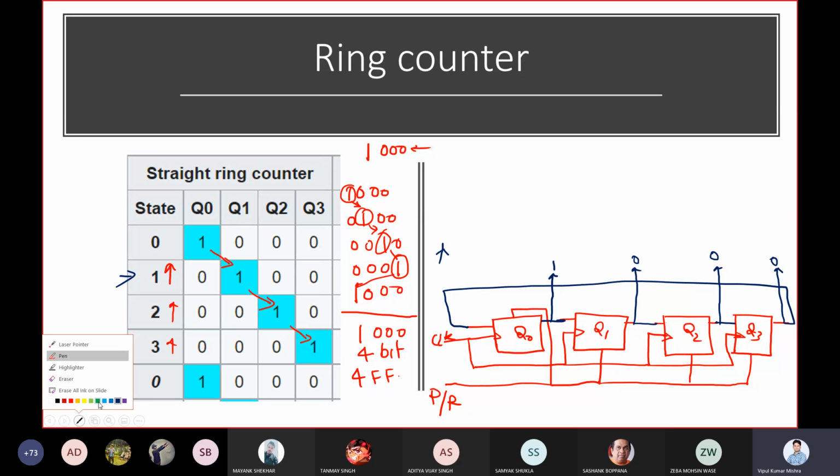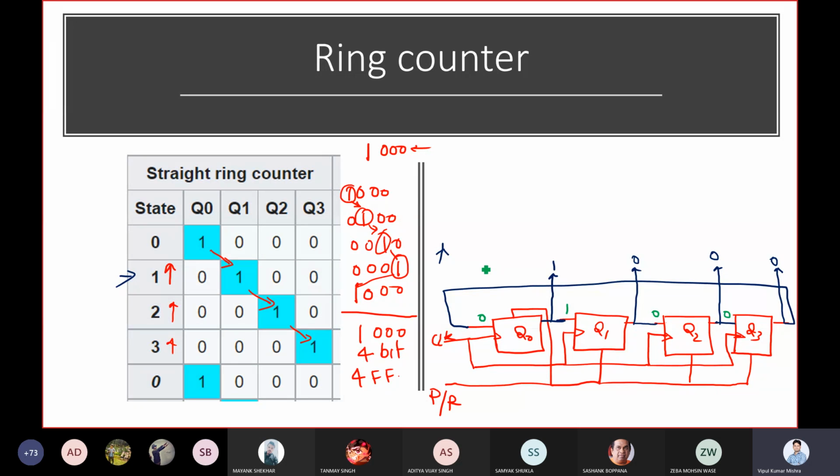Now let's look into the input side. Let me connect this input with a different color. What is the input here at this moment? What do you think? This clock is not there, but what input is ready? Whenever the clock comes, it will propagate. Because this is connected from here, the input will be 0, right? What input will be ready here at Q1? That will be 1, right? This input 0, this input 0.